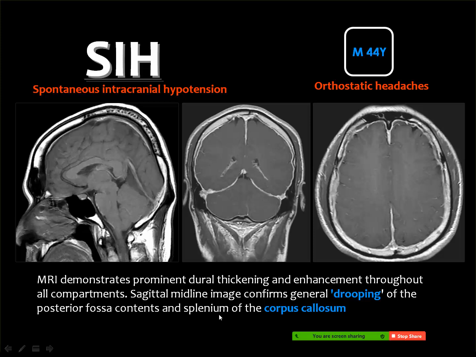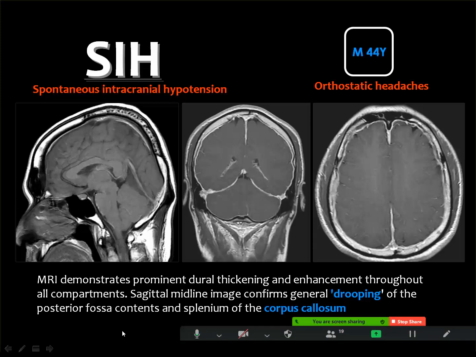Then please remember these findings. They are very important for the diagnosis of a spontaneous intracranial hypotension. You get the dropping of the posterior structures, including the splenium of the corpus callosum, an acute angle between the internal cerebral veins and the straight sinus, downward displacement of the tonsils through the foramen magnum, obliteration of the prepontine cistern, and the flattening of the anterior aspect of the pons, together with attenuation of the ventricles and the diffuse meningeal